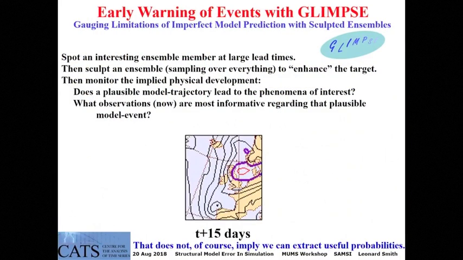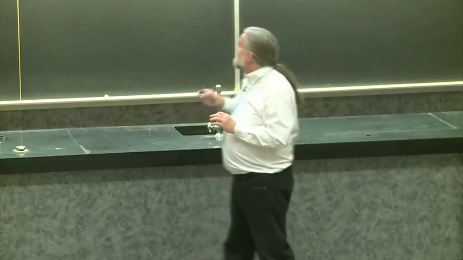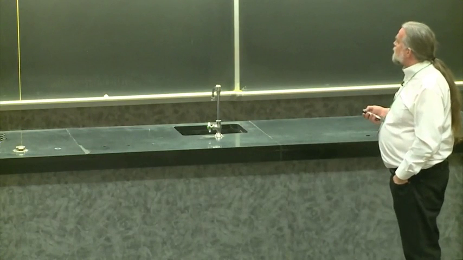Well, what if we saw this guy at day 15, and instead of just running the system again tomorrow, what if we ran a bunch more ensembles near that initial condition? What if we tried to figure out how the model managed to get from where it was today to this storm? And what if every day as we got closer and closer, we kept focusing to see, has the model now moved so far? We already have this nice trajectory of our model. Has the model moved so far away? Have the observations we made in the meantime made this less probable or more probable without actually knowing how probable it is, ever? And doing this, we could find interesting information for a number of